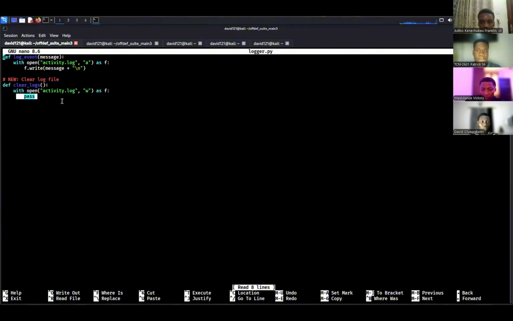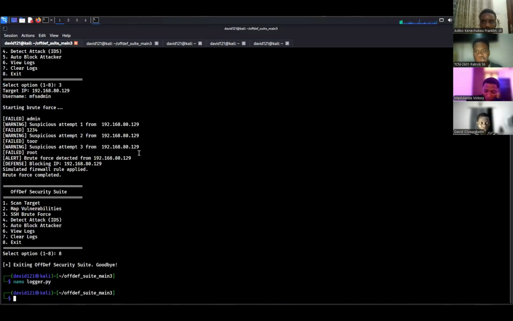If you don't put this pass, the system will crash. It will crash because you can't leave it empty like that. That's why the pass is necessary in this case. So what it does is it just opens the file, clears it, and does nothing. So I will also show us the module, how it works in the